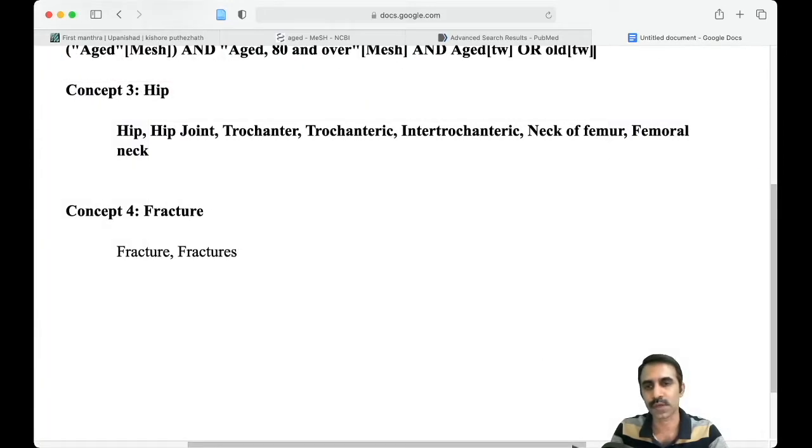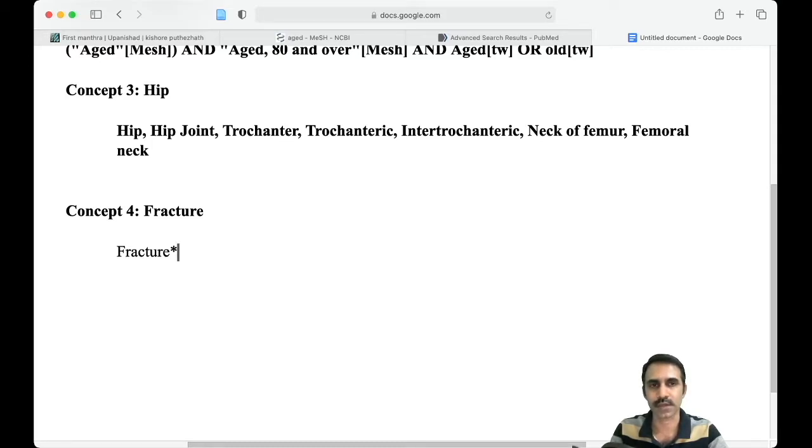There is something called truncation. If you have two keywords which differ only in the plural, that is, one is fracture, other is fractures, you can truncate that keyword by adding a star. Now all our searches will include fracture and fractures.